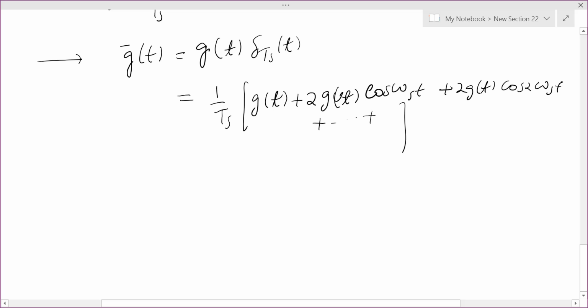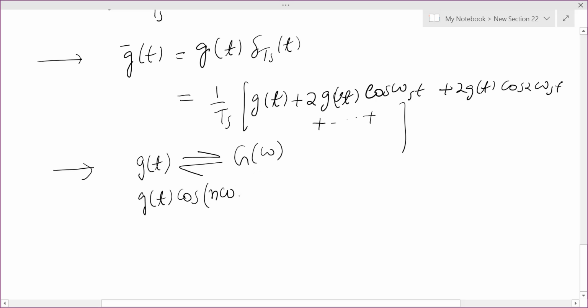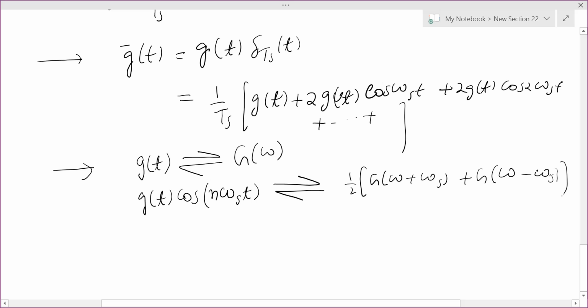Now how does it look like? Again, I recall a property of Fourier transform. If g of t has a Fourier transform g of omega, then g of t cos n omega s t will have Fourier transform of 1 over 2 times g of omega plus omega s plus g of omega minus omega s. Okay, this is the shifting property, which all of you must be knowing. Okay,